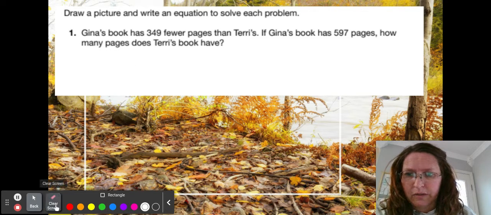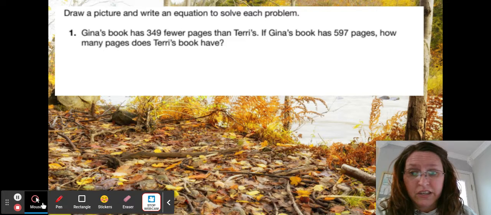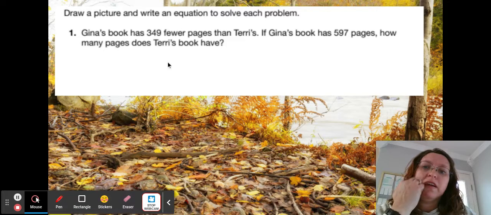So in order to do a part-part-whole diagram, what I need to do is draw, like the easiest way to do it,